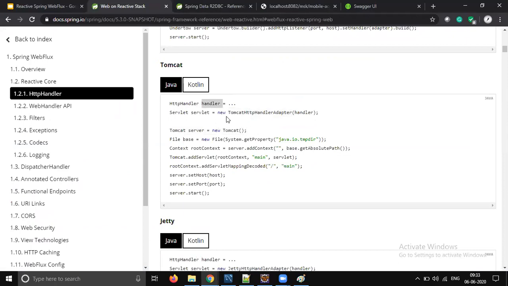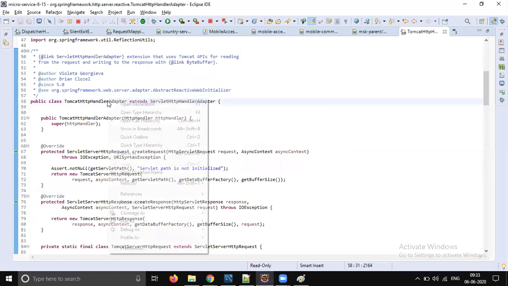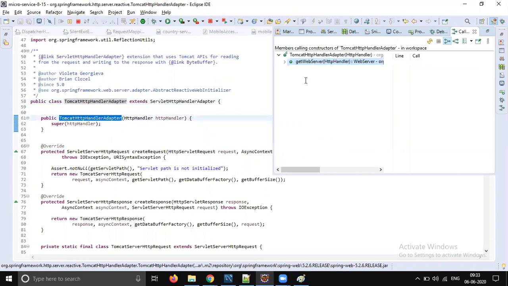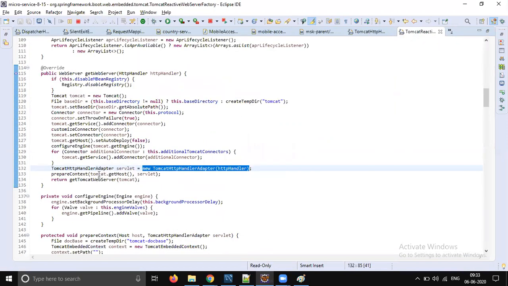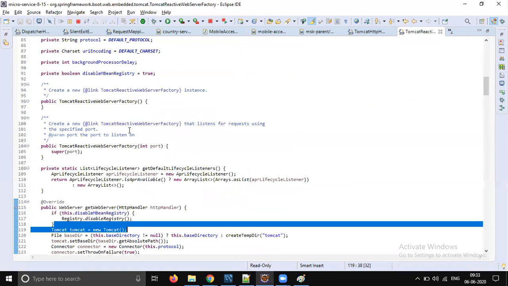HTTP handler. Let's do one thing. We'll see all the places where this is being used. Right click, open call hierarchy, get web server. Yes, this is being used here. Yeah, here we go, right? So the Tomcat server is starting here.